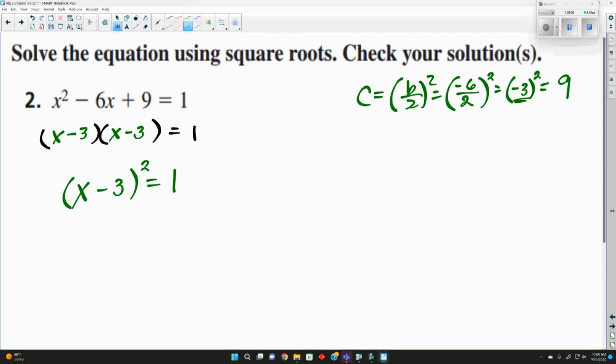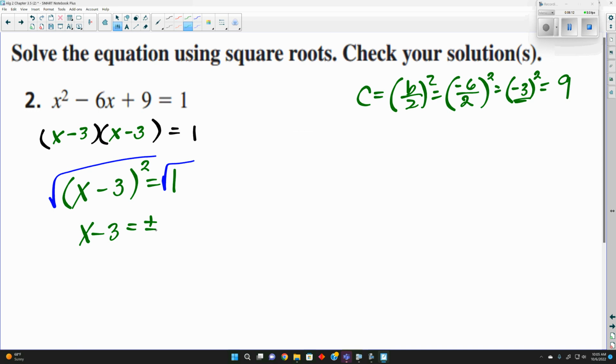X minus 3 squared equals 1. At this point, we can square root both sides, telling us x minus 3 is equal to plus or minus the square root of 1,